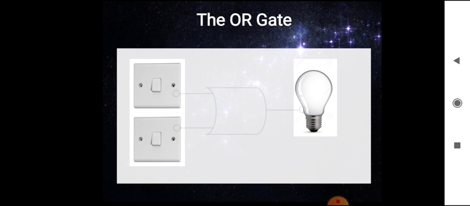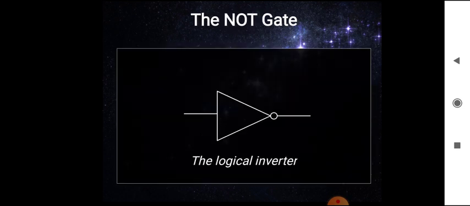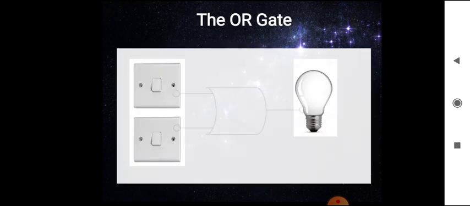0, 0 means that if the two switches are at off state, there is no output. And if it is 1 and 1, output will be there. So these are the truth table and explanation about the OR gate. The OR gate does the function of addition operation, and the AND gate does the dot operation, that means multiplication. So these are the symbol and truth table of the AND gate and OR gate.